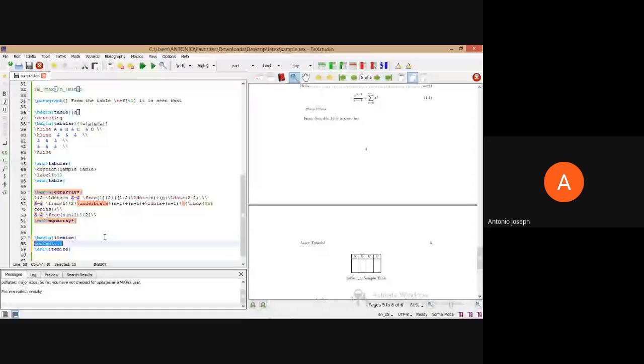Inside this, each bullet point should be specified by the command \item. So I am providing \item, then the first point, then another \item as the second point, then one more, the third point.